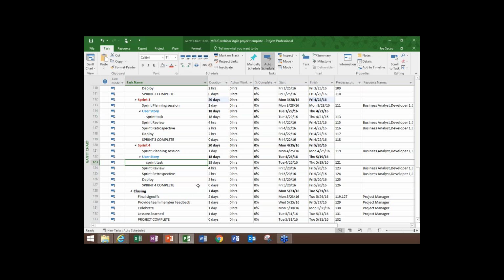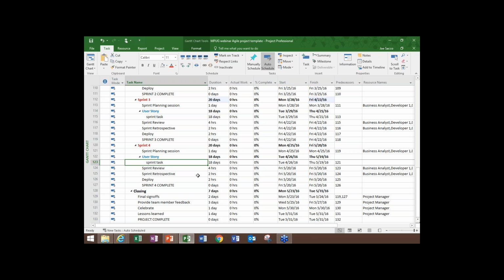So through the process, and those of you that have used Scrum know this, that there are times where you can't complete everything that you selected in a sprint, and you're going to punt things onto the next sprint. Maybe you find that you need to have some kind of regression testing sprint at the very end. Various reasons. Maybe you've just decided that within the budget you have for your project that you need to add another sprint to get the most important work done. So various reasons, but I wanted to show you just how easy it is with Microsoft Project to go ahead and add a sprint.